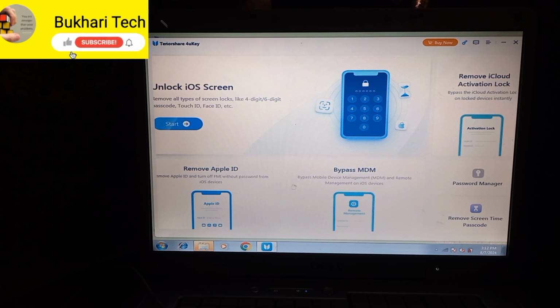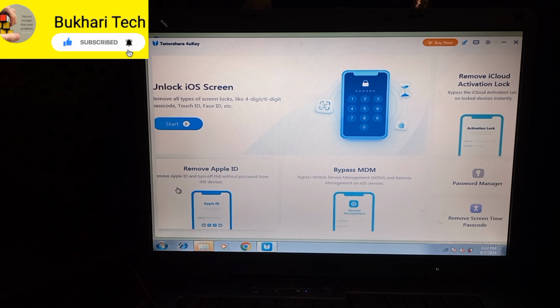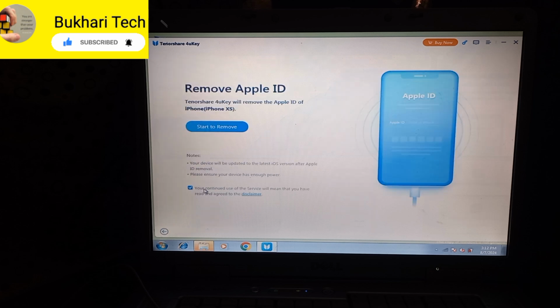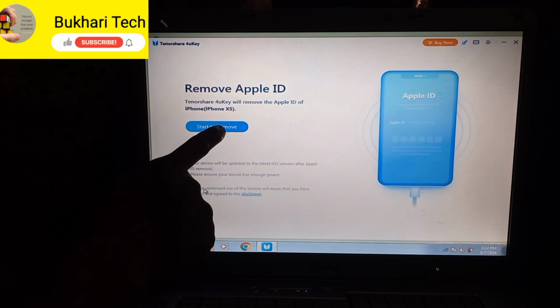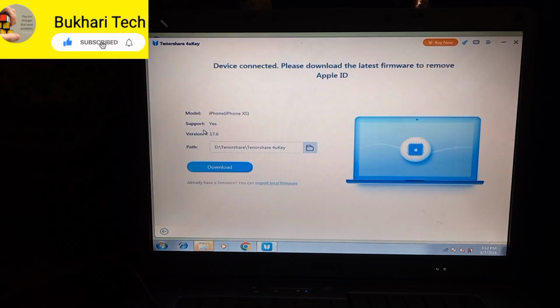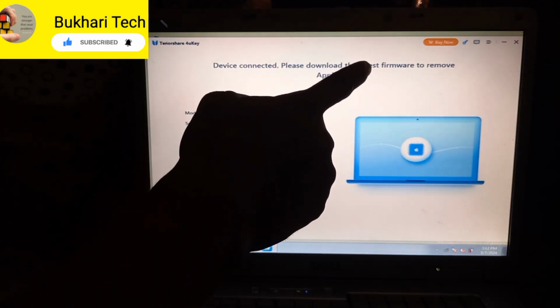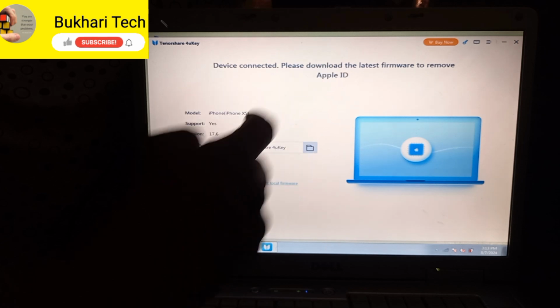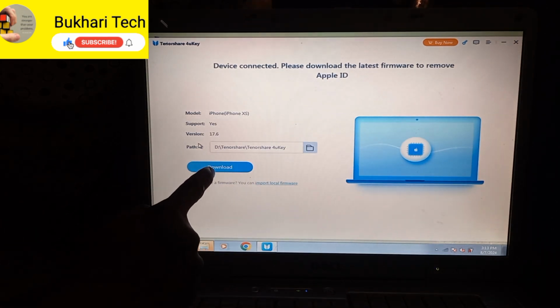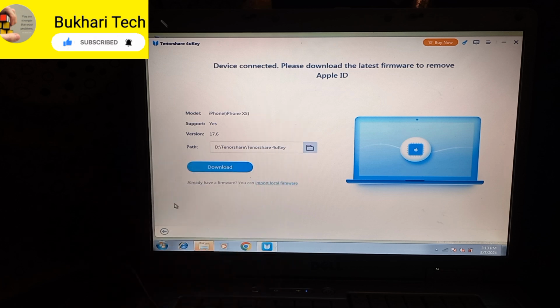So friends, same procedure when you remove your Apple ID. So simply tap remove Apple ID. Now start to remove Apple ID. Now tap on remove, and then again, when the device is connected, please download the latest firmware to remove Apple ID. So when you download it and tap on remove, then your iPhone will have the Apple ID removed. So go back